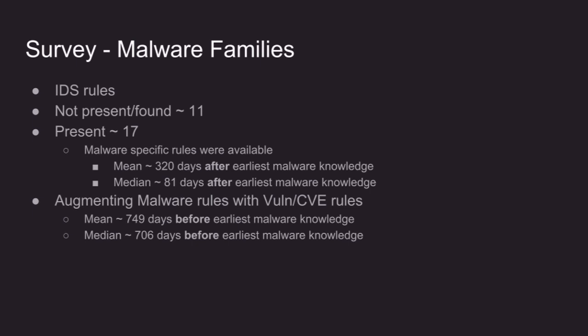And in general, these IDS rules for the malware family come generally 81 days after the knowledge about that particular IoT malware family is known. So it's an improvement compared to the CVEs, where the IDS knowledge comes 200-something days later. Here it is 81 days. It is good, but at the same time, if we take a different perspective and augment the